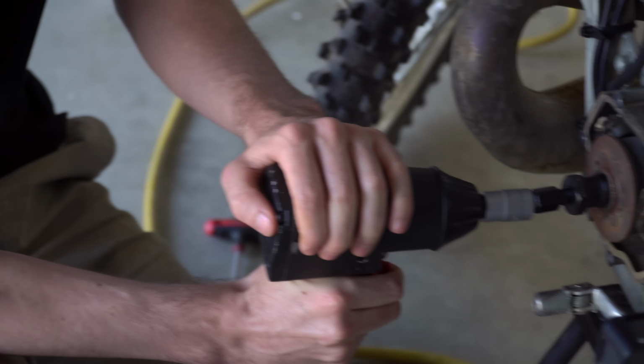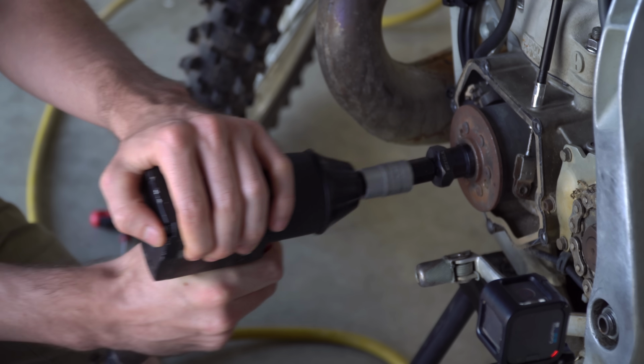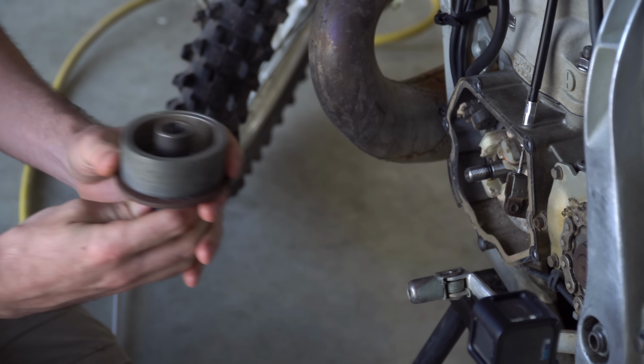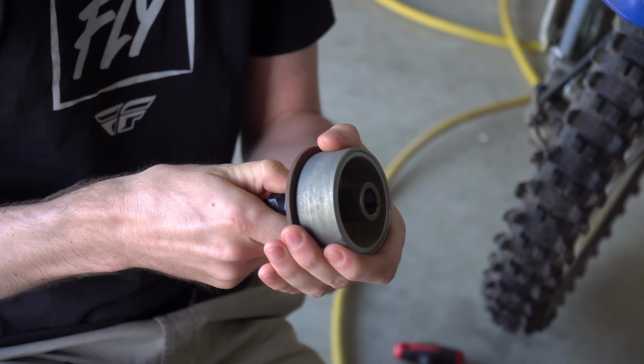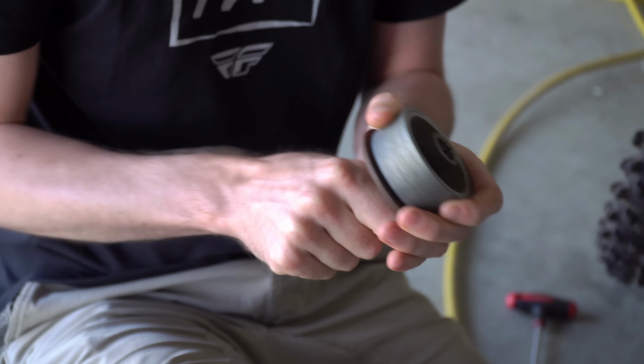There you go. That's it. It's off, so you should just be able to pull the whole thing. I'll be damned. That easy, huh? Oh, I didn't need you. Well, you did tell you to go the wrong way, but...